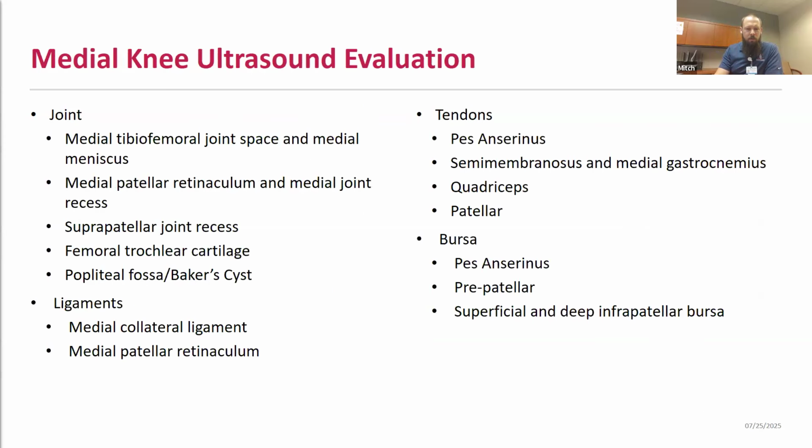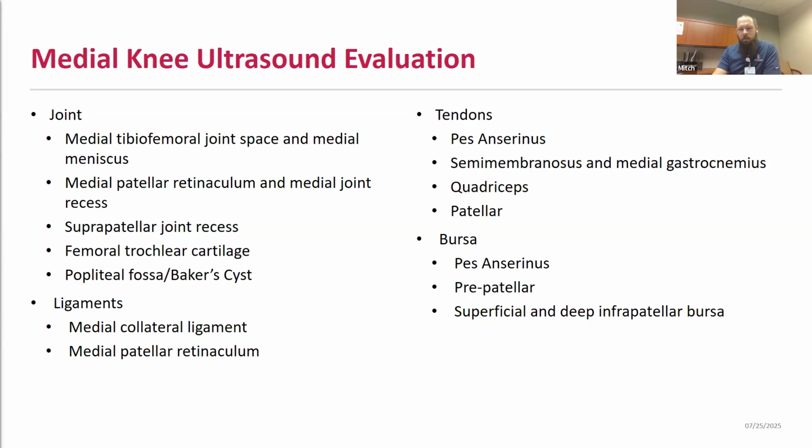And so today we're going to talk about ultrasound evaluation of the medial aspect of the knee. And then we're also going to take a look at some adjacent structures more towards the anterior, as well as going back to the posterior aspect of the knee. But the main structures that we're going to evaluate for the medial knee include the MCL, and with MCL evaluation, including valgus stress if indicated. We're going to talk about the medial meniscus and evaluating that throughout the tibial-femoral joint space. Specifically, we'll focus in on the Pes Anserine tendons and the bursa as well. And I'll demonstrate both normal anatomy and then the abnormal anatomy we saw with this particular patient.